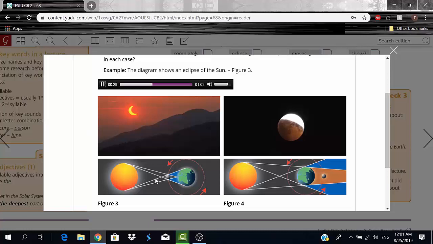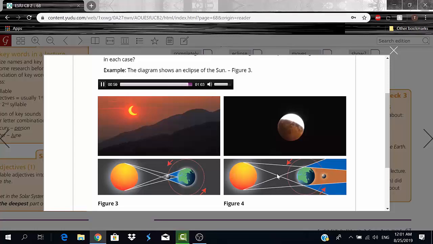The diagram shows an eclipse of the moon. Figure 4. 3. The moon is between the earth and the sun. Figure 3. 4. The moon is in front of the sun. Figure 3. 5. The moon is behind the earth. Figure 4. 6. The earth is between the sun and the moon. Figure 4. 7. The earth is in front of the moon. Figure 4.